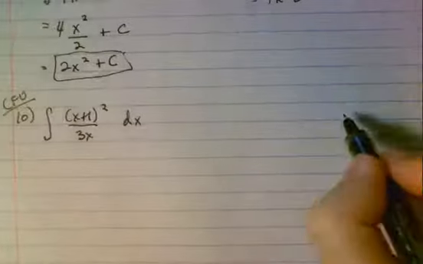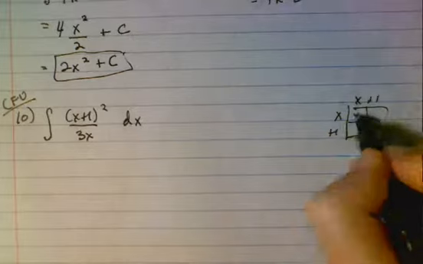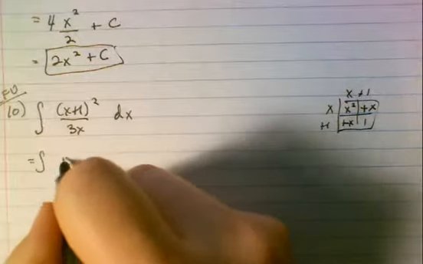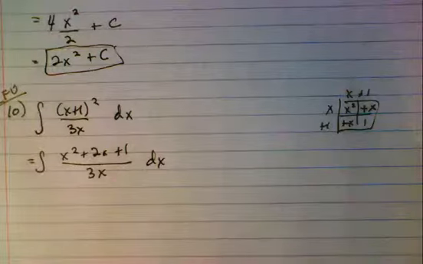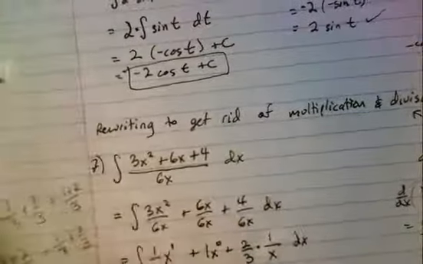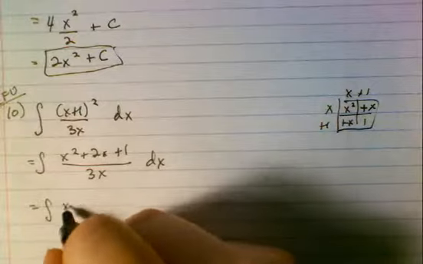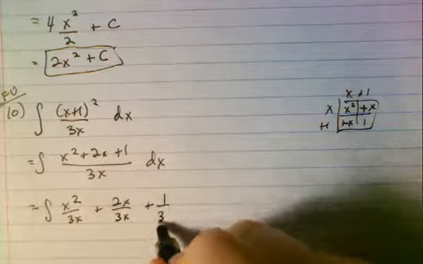Okay, so we want to get rid of the multiplication and division so we can use our power rule. So let's start off just by doing this squared, x plus 1, x plus 1, x squared, plus 2x plus 1. So that means that this equals the antiderivative of x squared plus 2x plus 1 all over 3x with respect to x. And now we can go and split up our rational expression just like we did over number 7. So this is the same as the antiderivative of x squared over 3x plus 2x over 3x plus 1 over 3x,